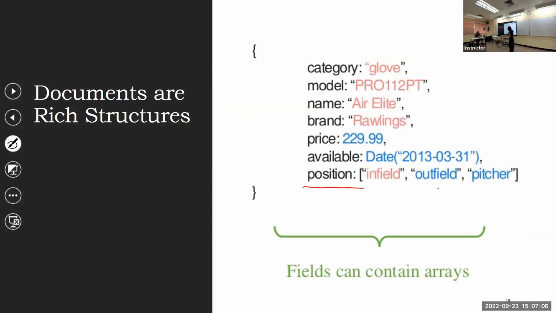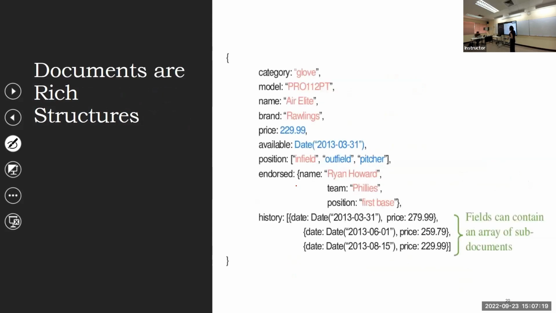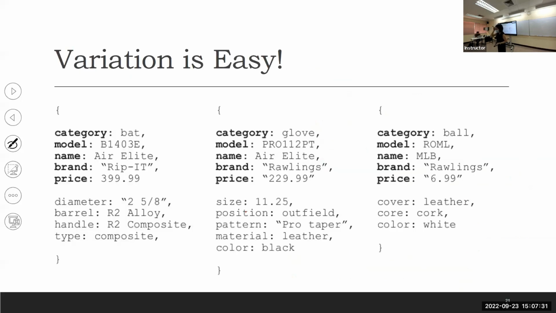Such as, okay, what is this glove model good for, right? Can be for all these positions. You can add more complex structure. You can even have nested documents, the history about the pricing, for example. You can always evolve your data. And variation is made easy, which is very different